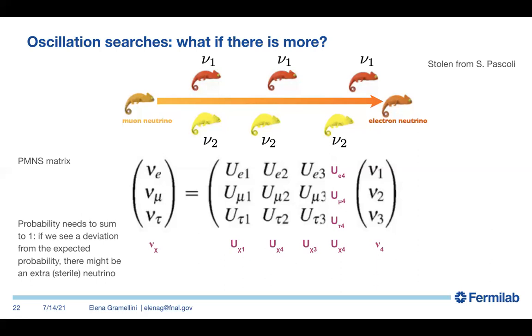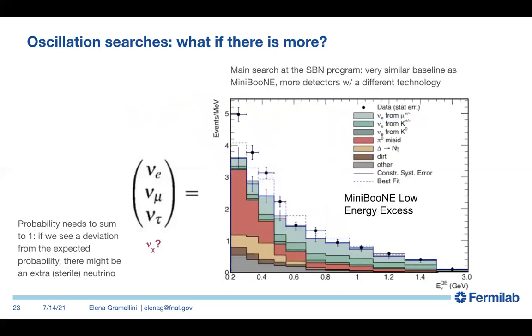In other words, if you have a fourth state, the probability measurements at a certain length for a given energy of neutrinos change. And this is one of the possible interpretations of what is called the MiniBooNE low energy excess. There was an experiment at Fermilab called MiniBooNE several years ago